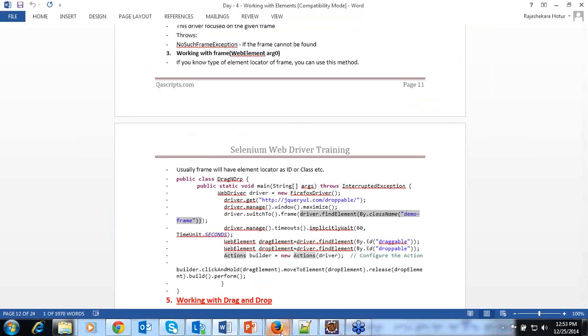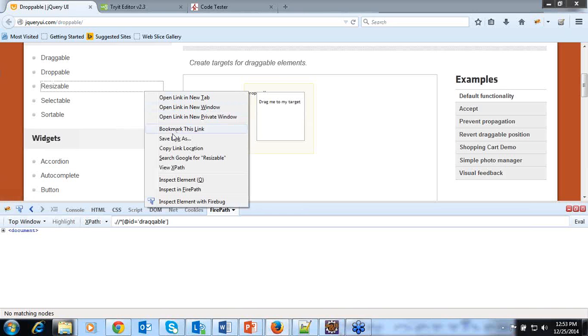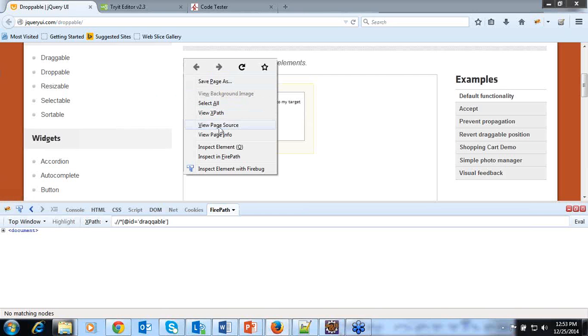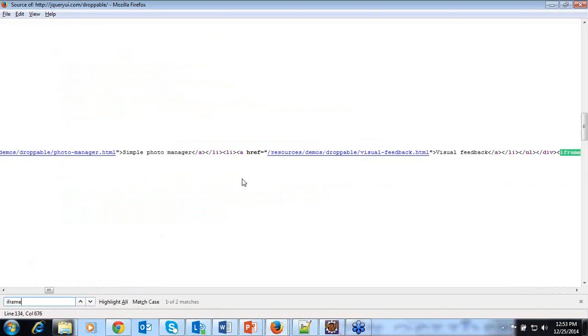Let me go to the application, then it's easy to understand. So this is the application, it has a class name. How do you know this frame has a class name? You can right click and go to view page source. So here let us search by the keyword iframe, and if you observe here, the iframe has the class called demo-frame. Let us use this demo-frame using class.